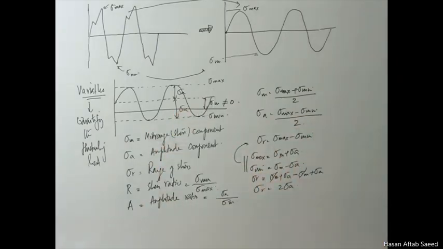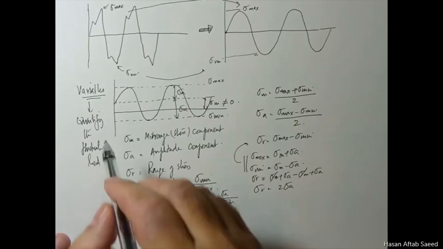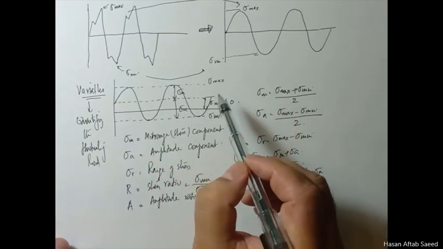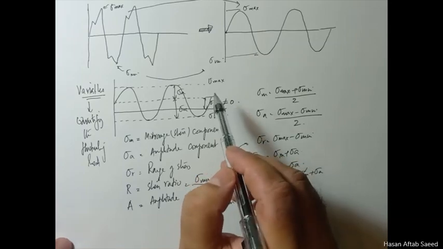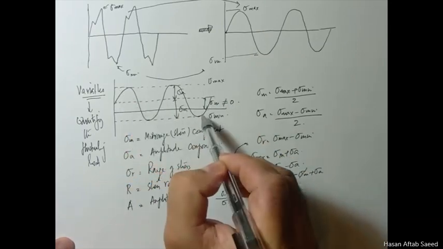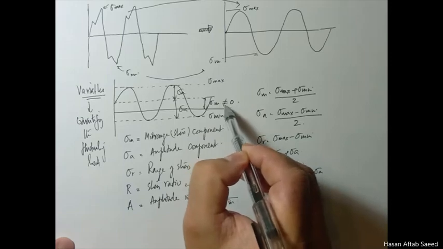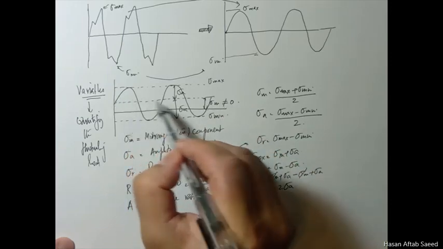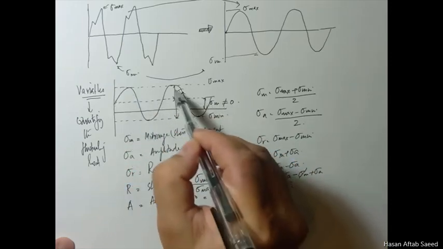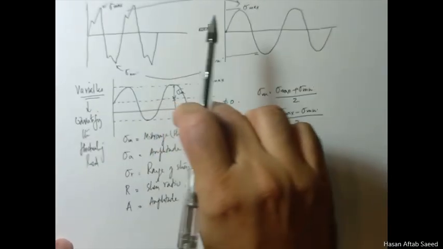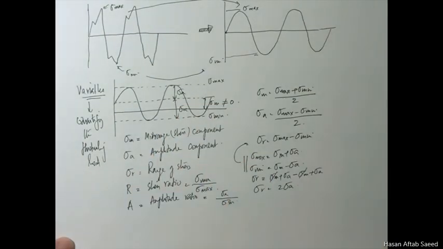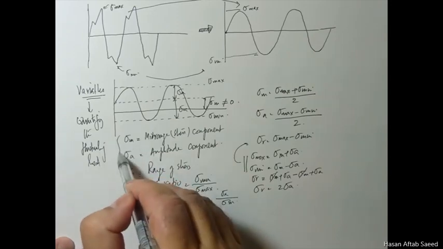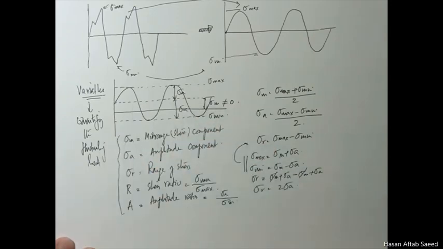Now if you look at all these variables that quantify or characterize a certain non-fully reversible, because the mean stress is not equal to 0. If it was 0, then it would have been the same quantity above and below, but now sigma max and sigma min, they have different magnitude. So this is our system now. So all these quantify this. But if you look closely,